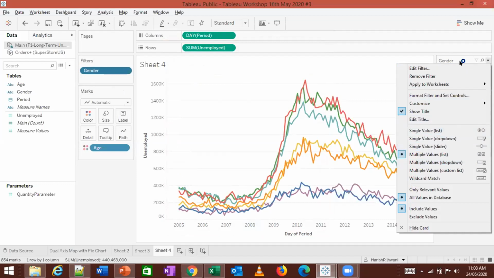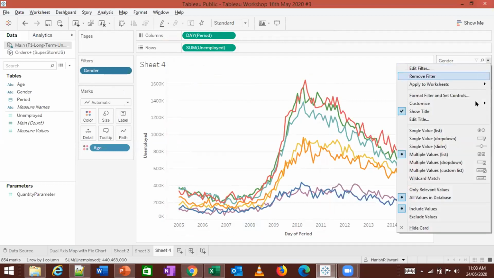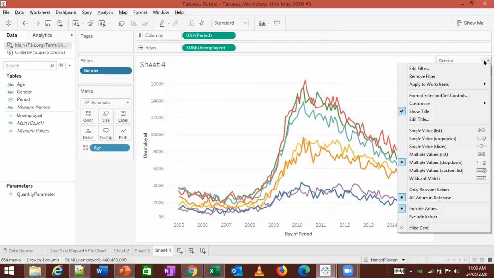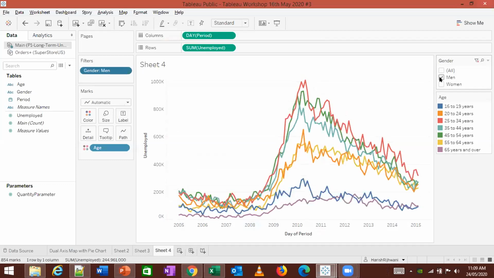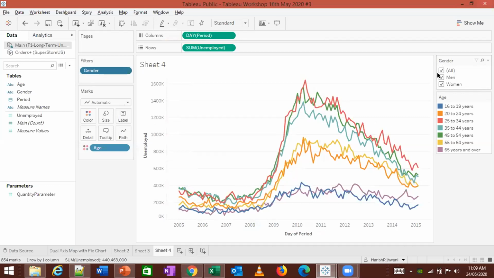If you click on this small arrow on the right, you can change this filter in terms of a multiple value drop down or a single value filter, right? Or I can just keep it as multiple value list over here. So if I change this, this data will show it only for men and women.